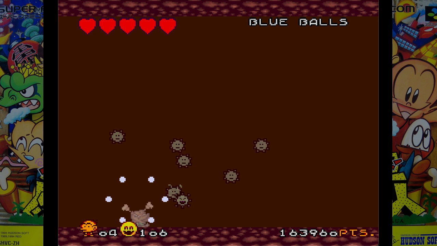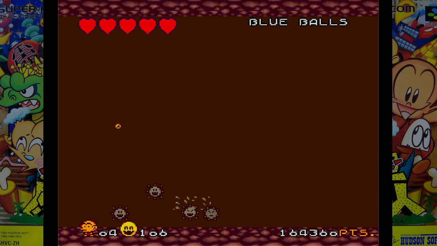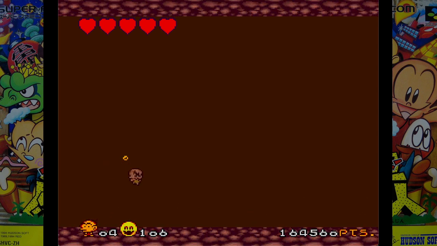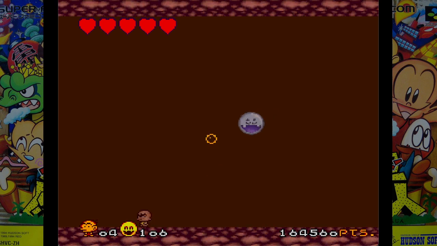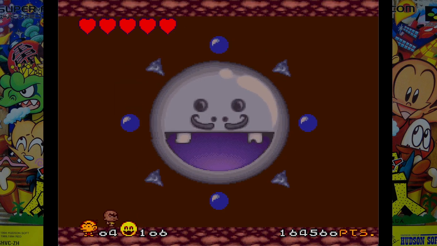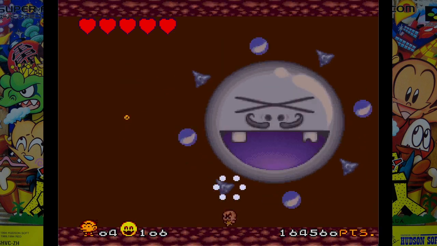Alright, cool. We made it to the boss in small form, which is what I was hoping for. We beat up the little cells that are coming to attack us. We're in the middle of the heart. And then, uh-oh. What's happening here? It's Big Uncle Cell coming to deal out some justice to me. Very cute face. I wonder...